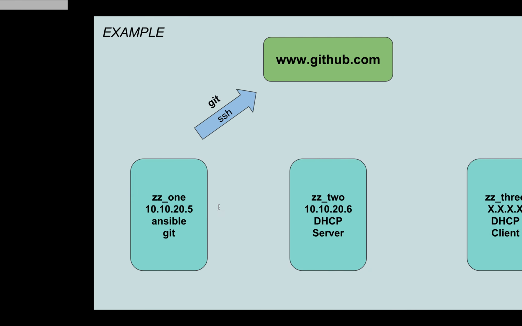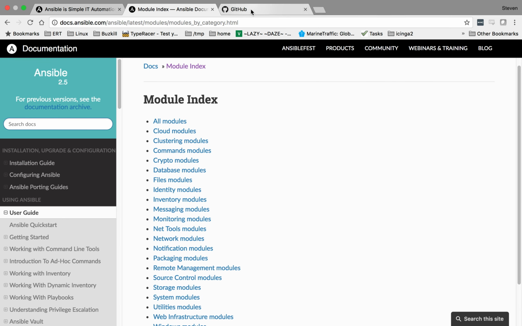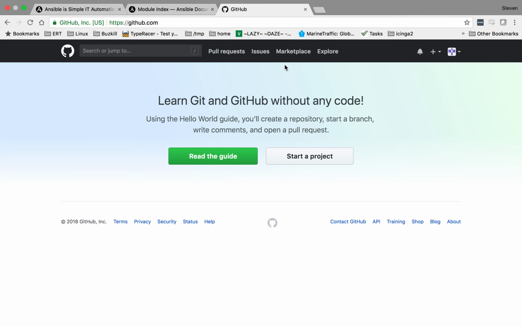So let's go over to GitHub. I've logged in. I've already got an account on GitHub. They're free. As long as you don't mind people looking at your code, you can use it for free, and it's a good thing. So I want to start a project,